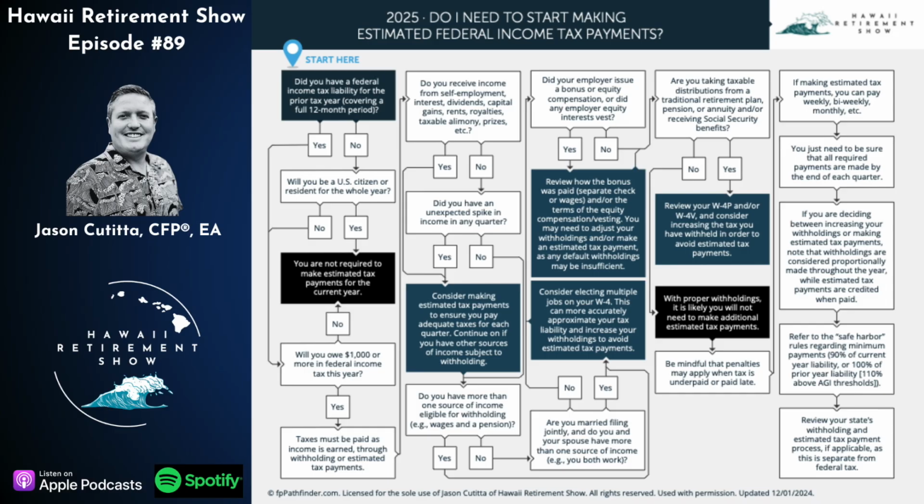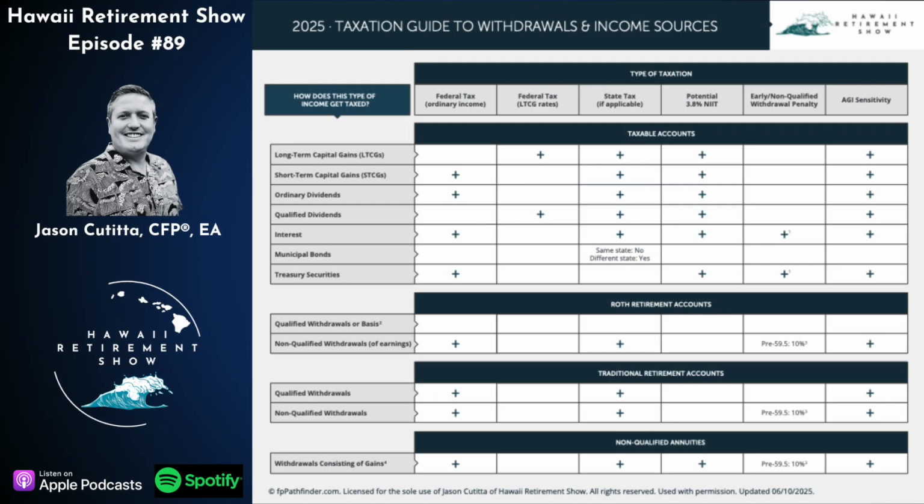Required minimum distributions, their default rate typically is 10%, right? So if this distribution is a required minimum distribution, the default is the 10% instead of the 20% that I mentioned earlier. And I'm not expecting anybody to listen to this and remember all these percentages and this and that,